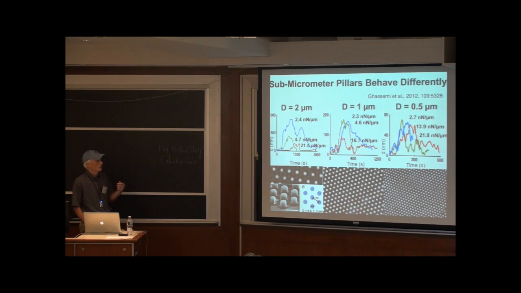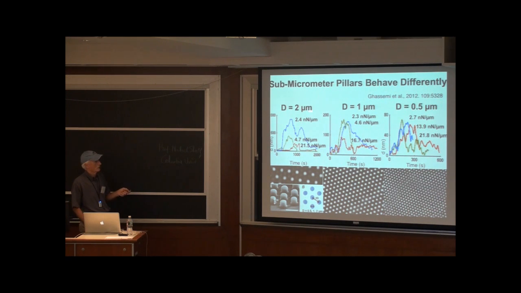arrays of pillars, all with a standard geometry, namely that the spacing was the same as the diameter of the pillars, such that the center-to-center distance between the pillars was twice the diameter of the pillars. So a constant fraction of the surface area of the cell was interacting with those,